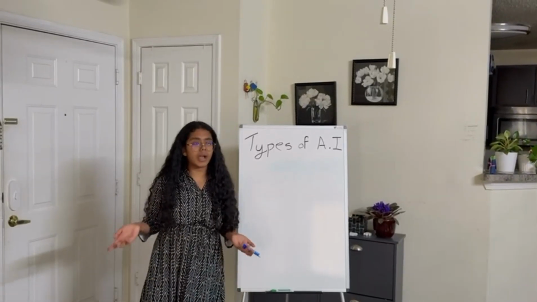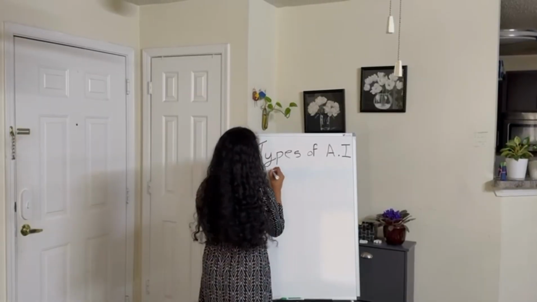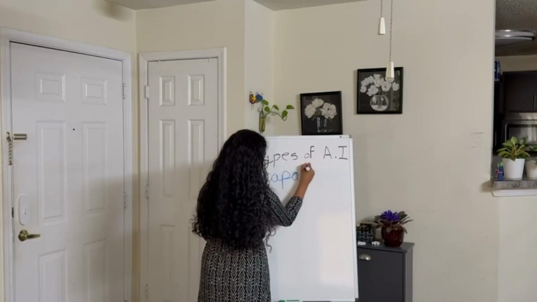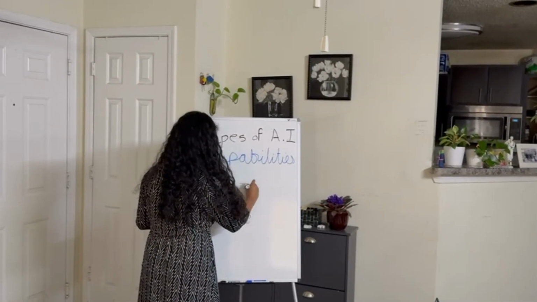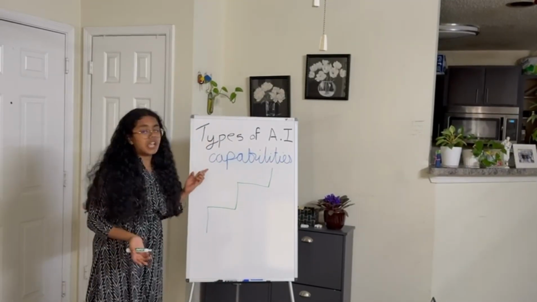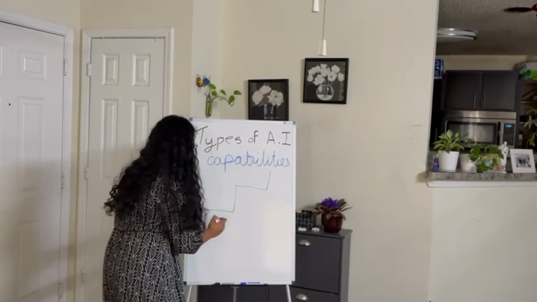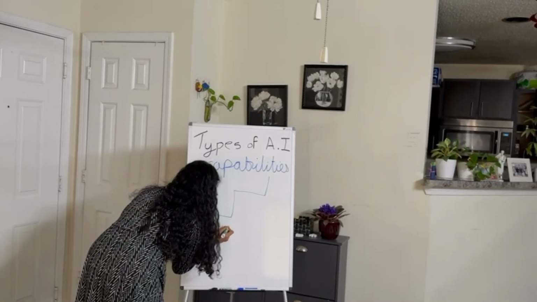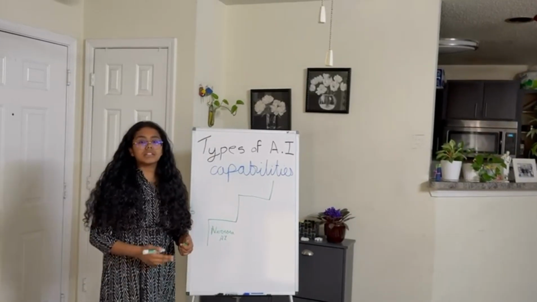First, we're going to talk about the types of AI. There are two ways we can do this. And the first way, we're going to do it based off of capabilities. So, when we're trying to categorize AI based on capabilities, we can think of it as like a ladder, right? So the first step on the ladder is narrow AI. So think of this as the AI chatbots that we see or the AI assistants.